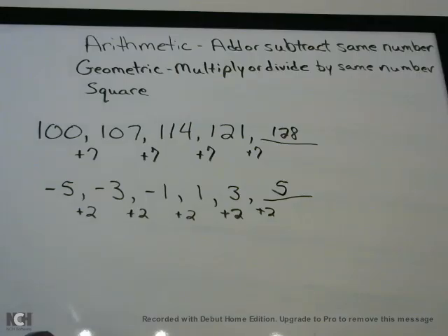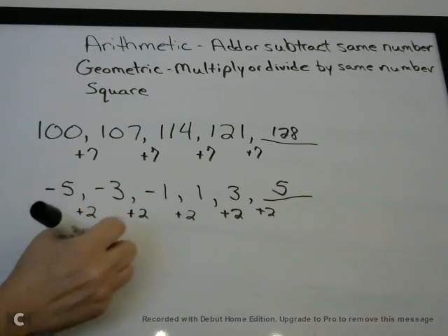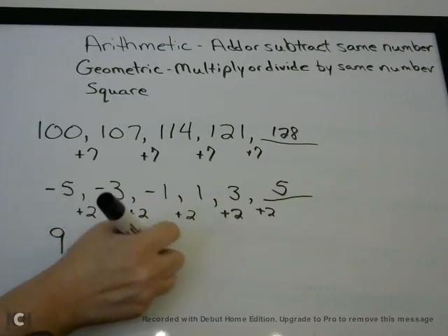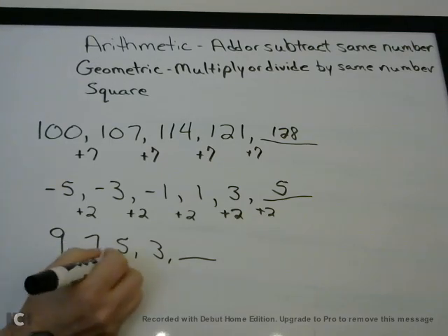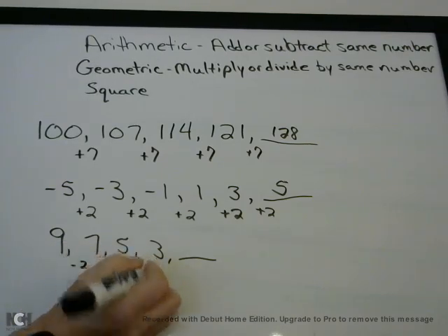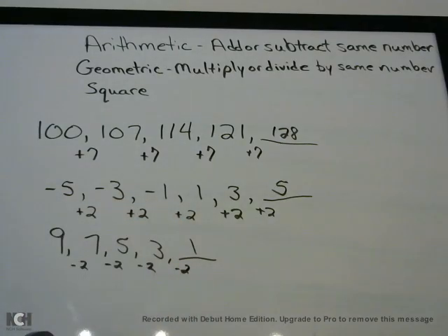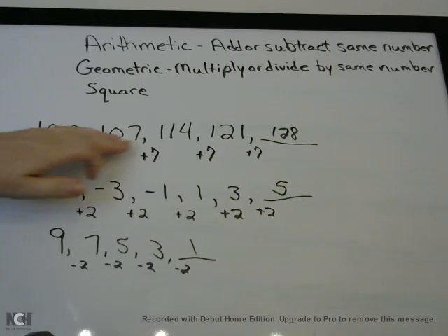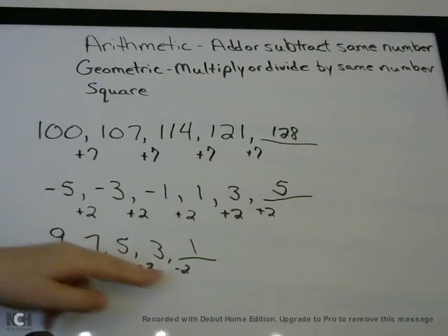Now similarly, let's say they say 9, 7, 5, 3. What's the next number? Well, here they're not adding, but they're subtracting 2. To go from 5 to 3, subtract 2. So we're going to subtract 2. 3 minus 2 is 1. So if you have an arithmetic sequence, all you do is look at it and say, okay, how am I getting from that number to the next number by either adding or subtracting? And if these numbers are all the same, then you have an arithmetic sequence,